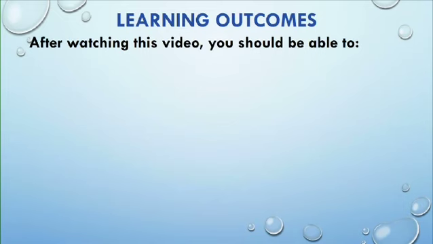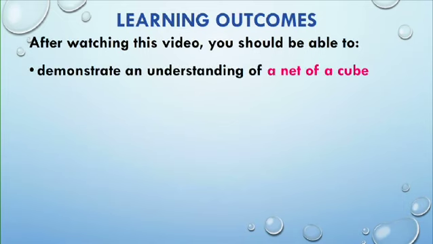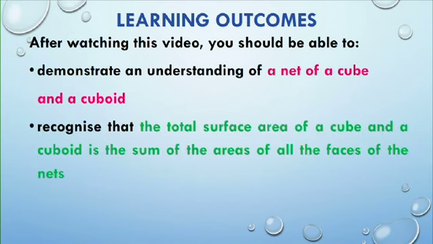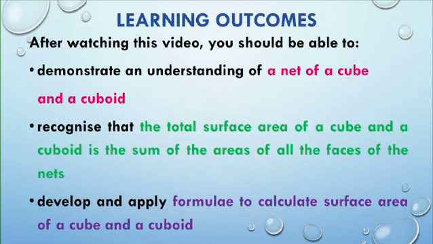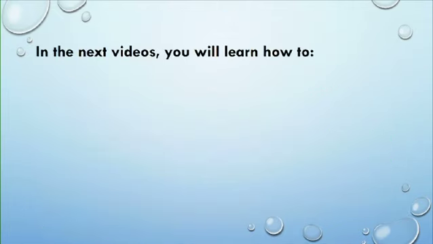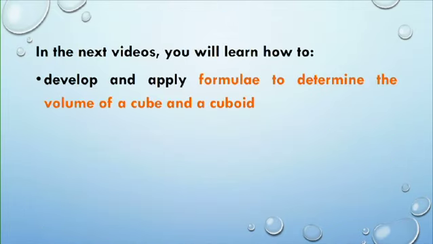The learning outcomes for this video are to demonstrate an understanding of a net of a cube and a cuboid, to recognize that the total surface area of a cube and a cuboid is the sum of the areas of all the faces of the nets, and to develop and apply formulae to calculate surface area of a cube and a cuboid. In the next videos, you will learn how to develop and apply formulae to determine the volume